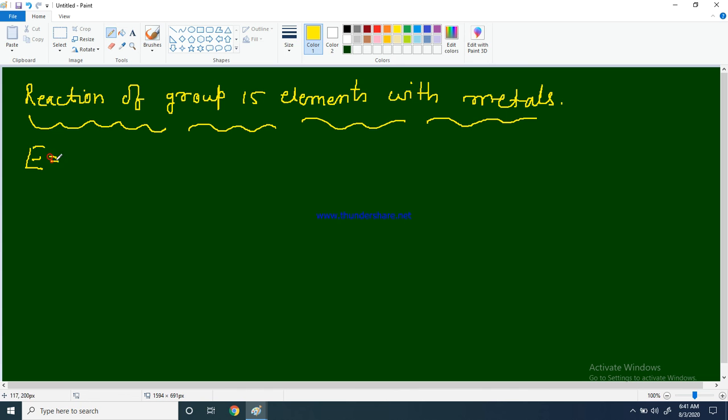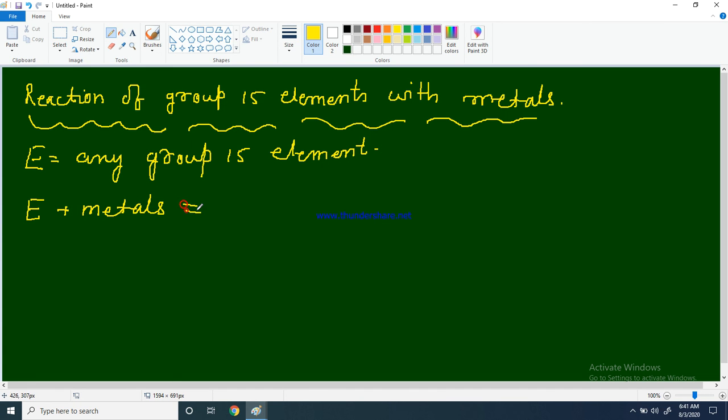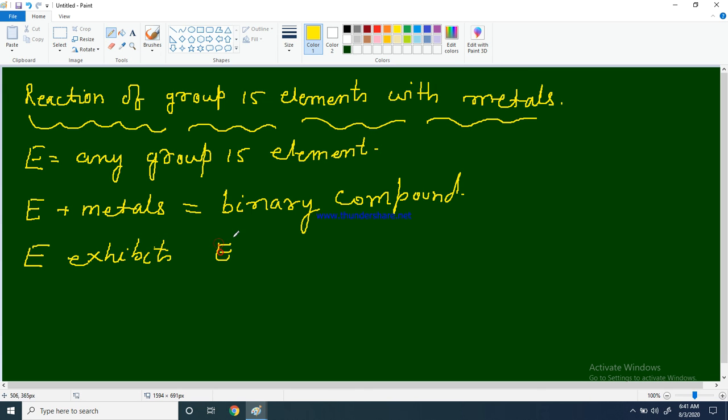So if E is any group 15 element, then group 15 elements with metals form binary compounds, meaning compounds containing two types of atoms, in which E exhibits E minus 3 valency, such that